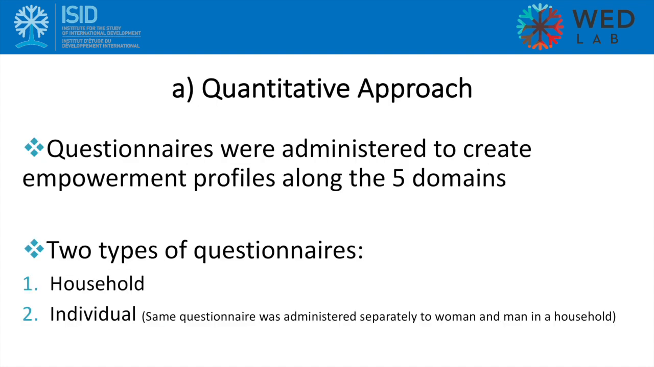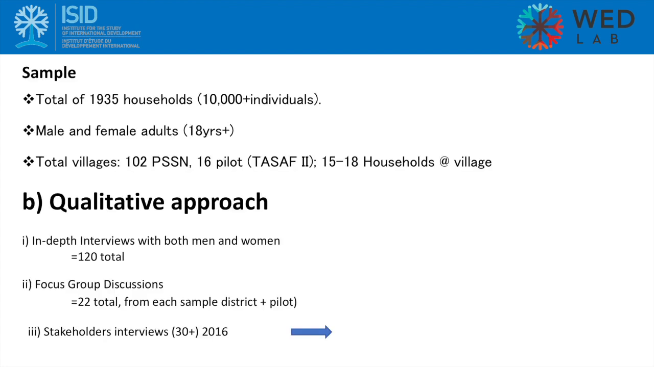This is a very cool thing. If you want to do research, you can look at that. There's a household questionnaire and an individual questionnaire, and you ask these questions. We have about 2,000 households, 1,935 households, across about 102 villages from the TASAF program, made up of the old pilot program going back to 2012. Each village has about 15 to 18 households. We first do a baseline, and then an end line,